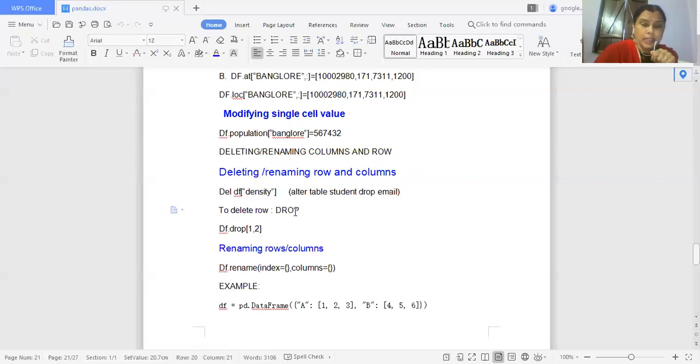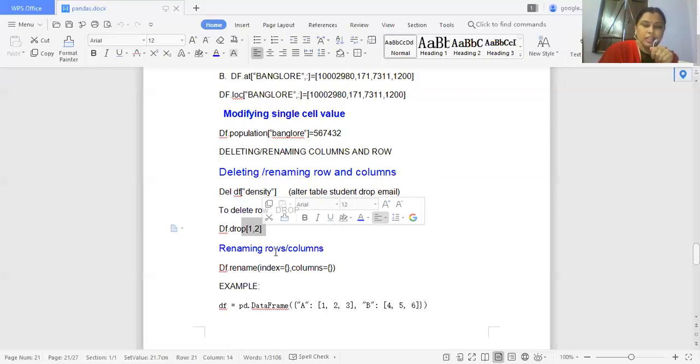Next, deleting the row of a table, meaning a row of a data frame. How to delete a row? Here we use the row number. Suppose the data frame name is df, df dot drop, and inside the brackets we pass the index value. Index value 1 means the row with index number 1 will be deleted.